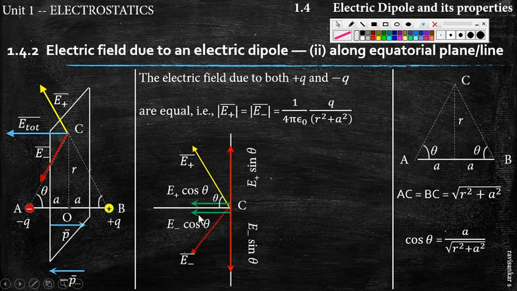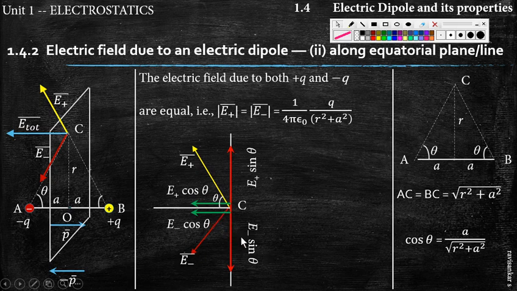So E plus cos theta, E minus cos theta, E plus sin theta and E minus sin theta. I hope you understand why the horizontal component is E plus cos theta and the vertical component is E plus sin theta. Always remember, the component which is adjacent to the angle is the cos theta component, whereas the other component is the sin theta component. Had I marked the theta over here, this would be the E plus cos theta component and this would be the E plus sin theta component. Since the angle is over here, this is E plus cos theta and this is E plus sin theta. Same goes for the E minus vector as well.